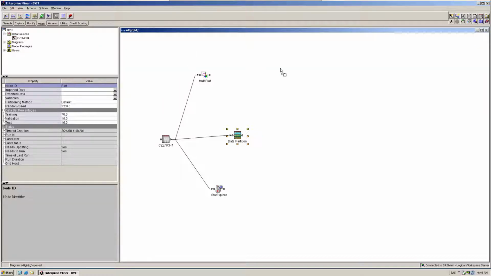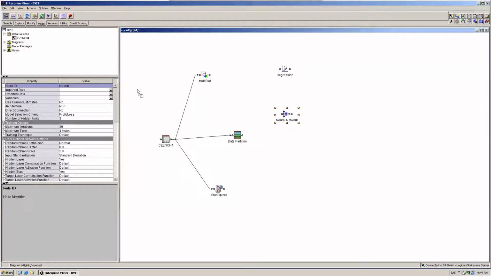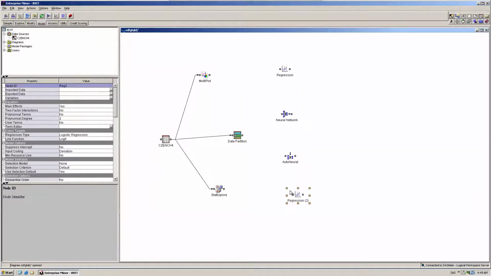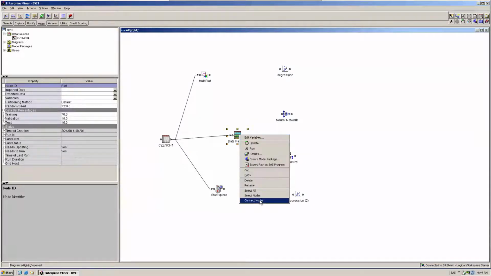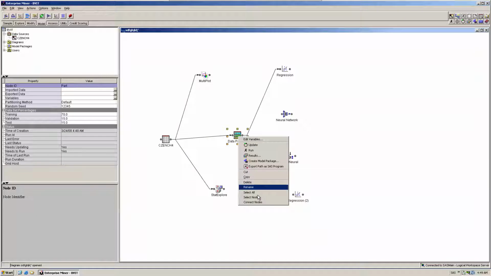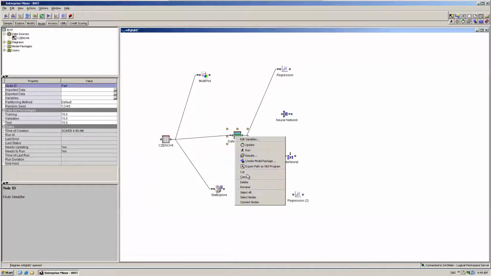Which model? Regression model. Which model? Neural network model. Which model? Decision tree model. Which regression? Logistic regression. Now this data we are applying regression, you are applying neural network.